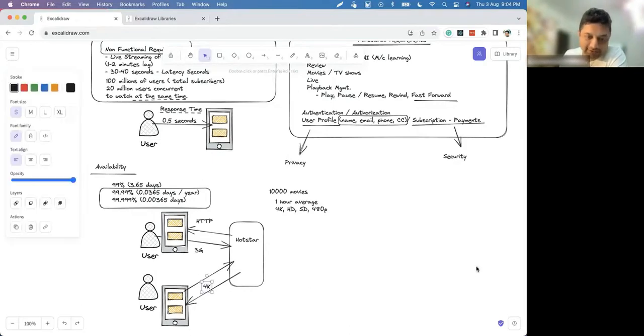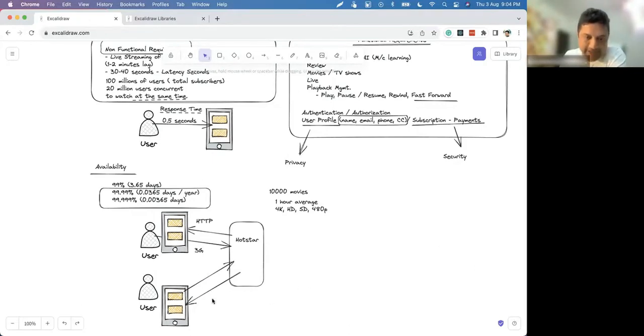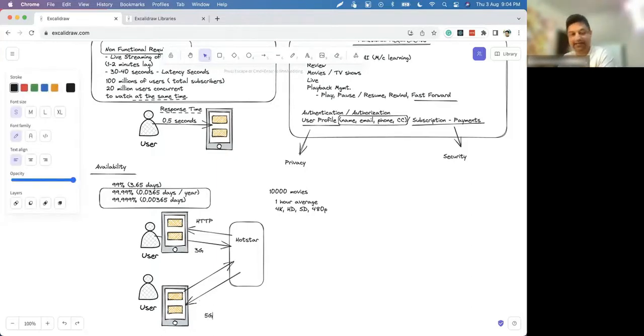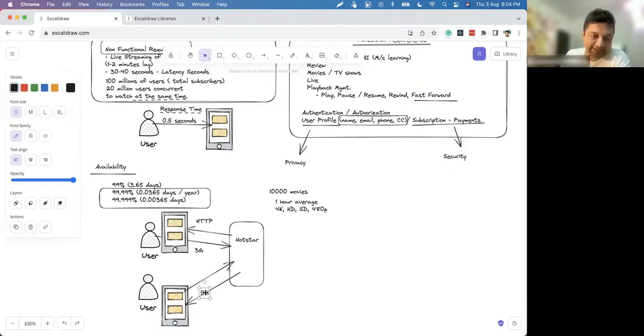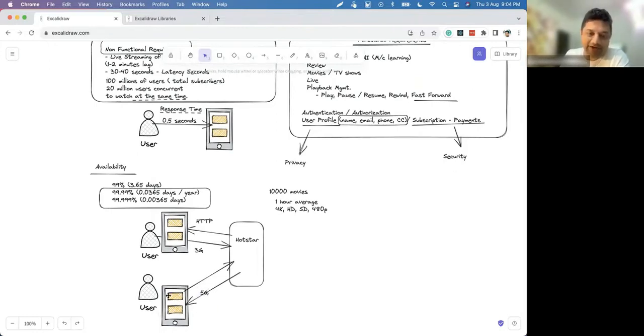Let's say he has an iPhone device, but this other guy is on a 5G network. How can it be detected that this guy has a slow network and this guy has a fast network? Can network detection also happen?